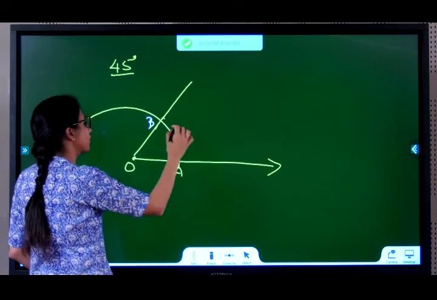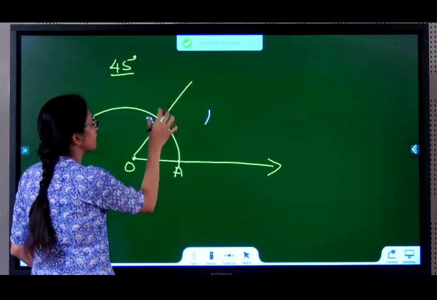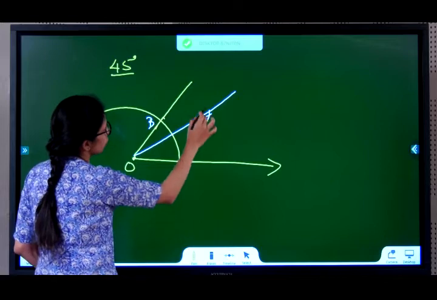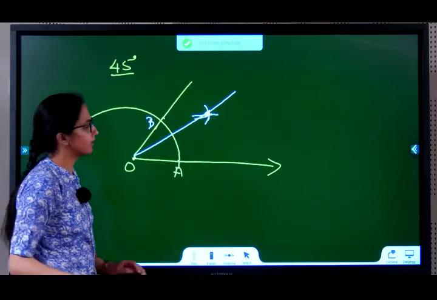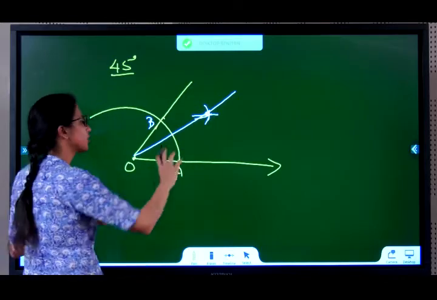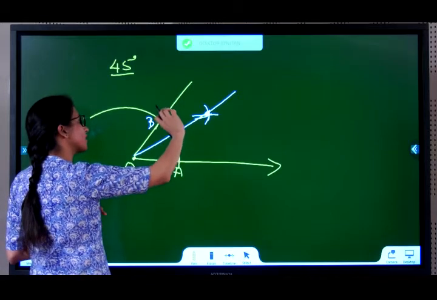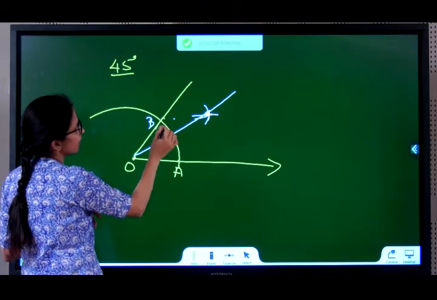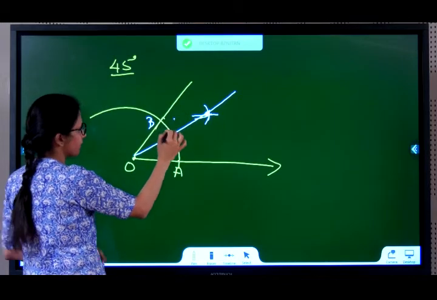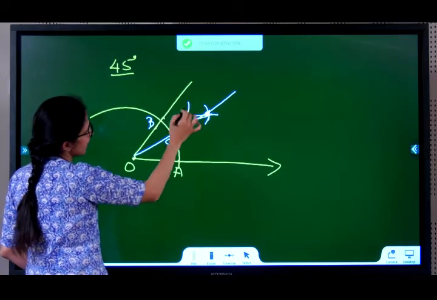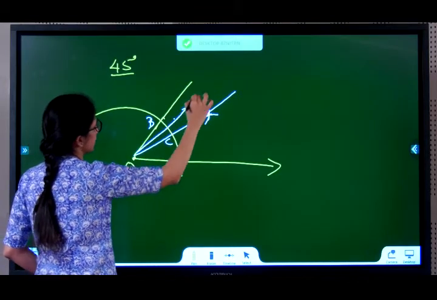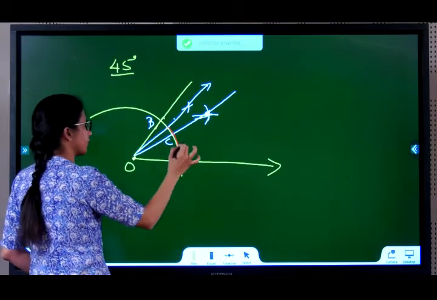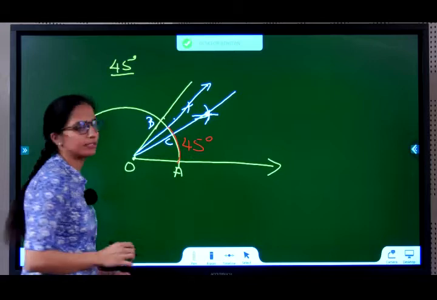Measure more than half of AB. Cut an arc from A. With the same radius, keep it at B and cut an arc. Join these two. So, you will see that they intersect here and this angle is 30. So, 30 degree is already what we have. Now, you need a plus 15. So, 30 plus 15. You need 15 degree here. So, now measure more than half of BC, cut an arc from C, cut an arc from B, join this to this. So, what happens? 30 plus 15, 45 degree.